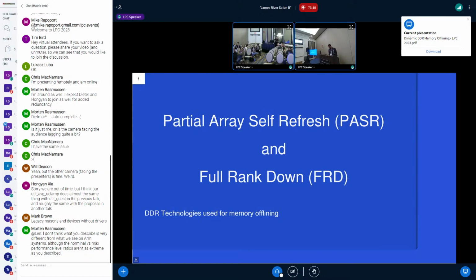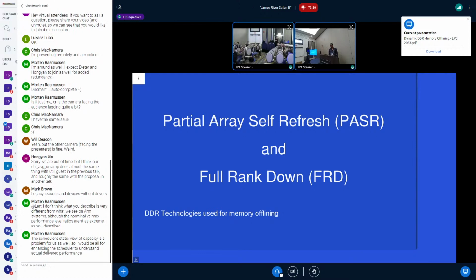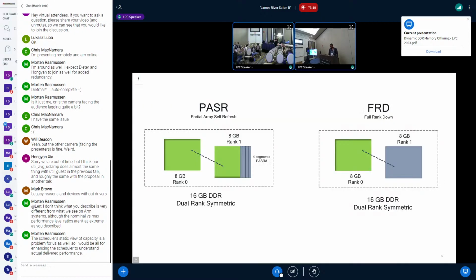So I think the two technologies we use for DDR offlining are PASR, which is partial array self-refresh, and FRD, which is full rank down. So for PASR, on the left side, for example, if you have a 16 GB symmetric DDR, 8 GB rank 0, 8 GB rank 1, and you just offline certain segments in that particular rank, it's like partial array or partial segment self-refresh, where only part of the rank is in self-refresh and not the other parts.